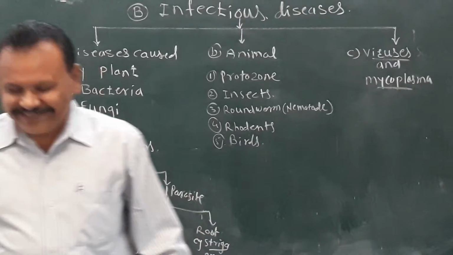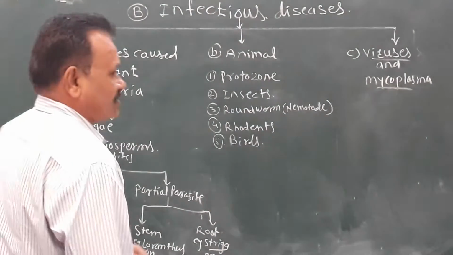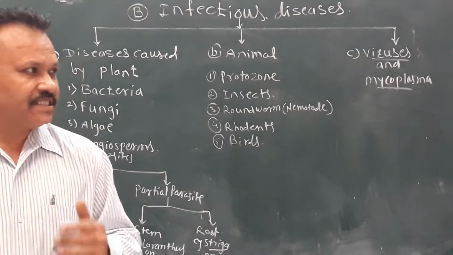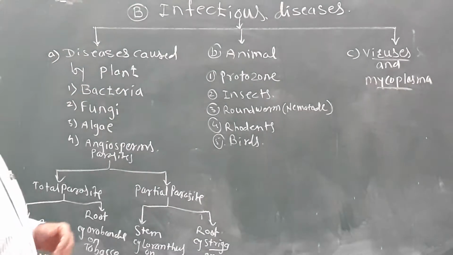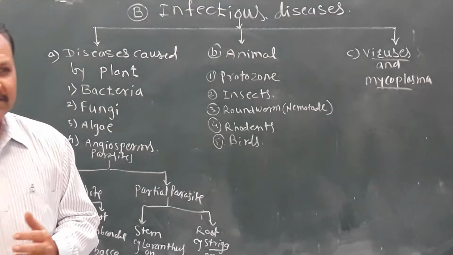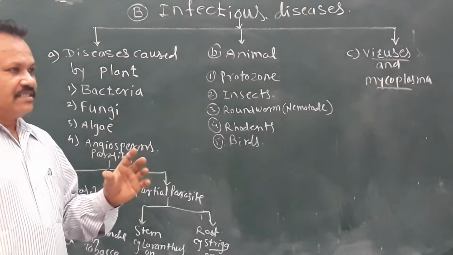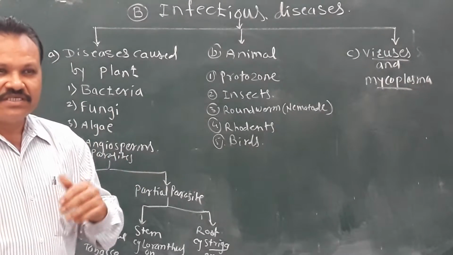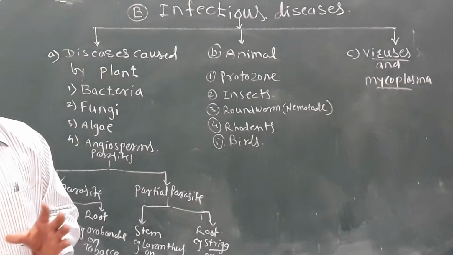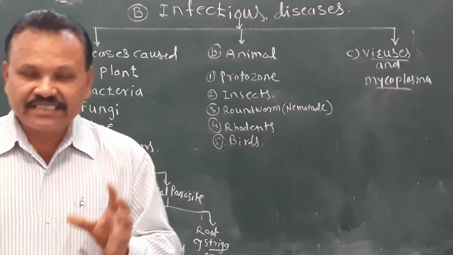Classification of plant diseases on the basis of pathogen or causal agent. On the basis of causal agent, the diseases can be classified into infectious and non-infectious diseases. If the causal organism is a non-living one, the diseases are non-infectious, and if the pathogen or causal agent is a living one,